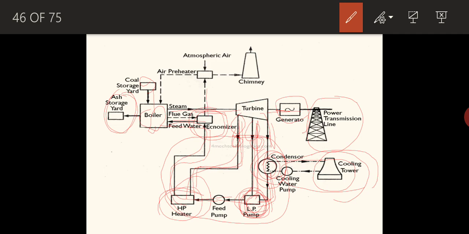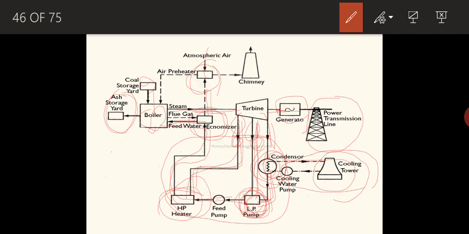So now after passing through the economizer, flue gas will be again passing through the next component, that is the air preheater. See, in the preheater what happens is, we need atmospheric air for the combustion of the coal inside the boiler. So atmospheric air, before passing to the boiler, initially it will be passing through the air preheater. Air preheater again is a heat exchanger which deals with the gaseous state only. So the flue gas at high temperature will be passing through the heat exchanger tubes of the one tube of the heat exchanger.